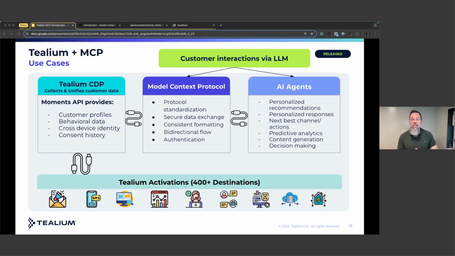When a customer engages with an AI system, be it a chatbot, a recommendation engine, or a voice assistant, it can instantly retrieve their profile information. This transforms generic AI experiences into personalized interactions that recognize the customer, understand their history, and deliver tailored responses. Equally important, these interactions feed back into Tealium, creating a continuous cycle of activation and learning that refines customer profiles